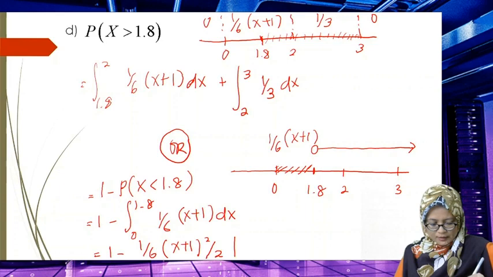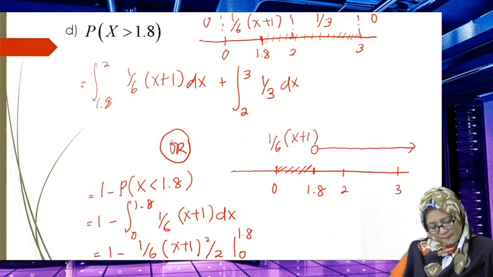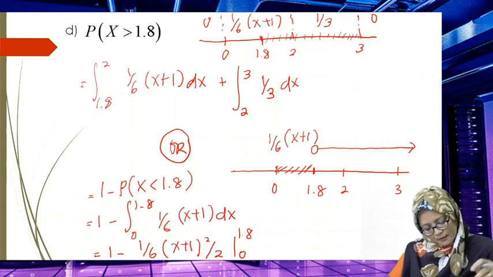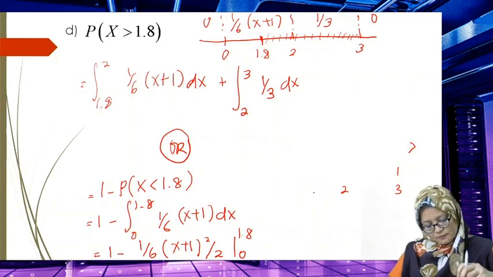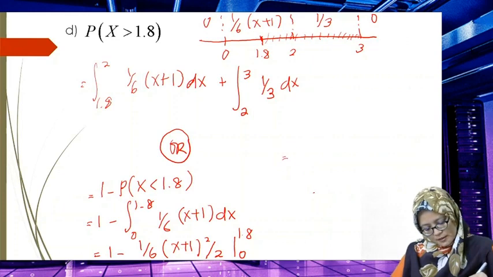Ganti nilai daripada 0 until 1.8. So kita akan dapat 1 tolak